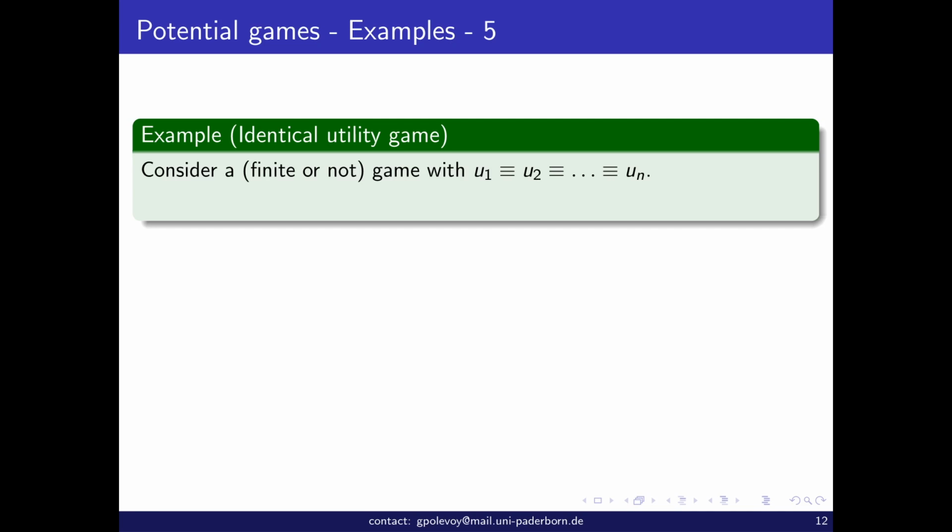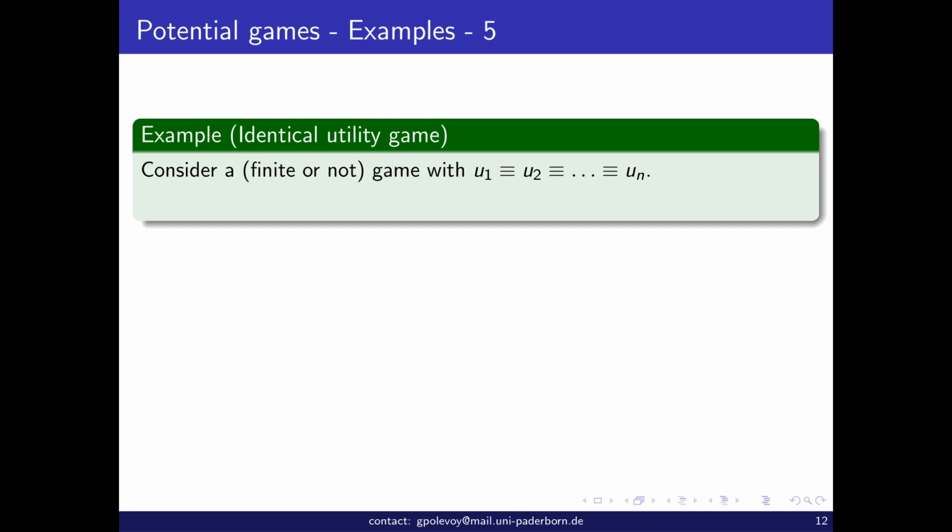And you might think, what if there are no potential games? There are no potential gains, but of course there are some. It would be quite funny to define something which defines the empty set. So we can, but no, there are some. For example, let's look at the famous, very simple case, identical utility games. I spoke that potential actually expresses that the players have something in common. It does not have to be that they have exactly the same utility, but in particular, when they have exactly the same utility functions, it's an example of a potential game.